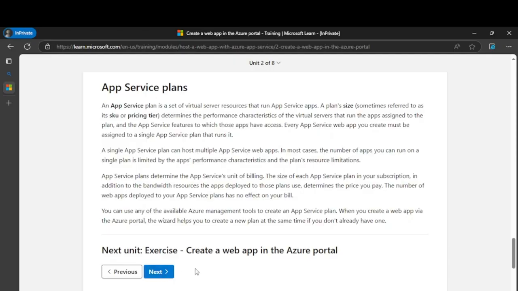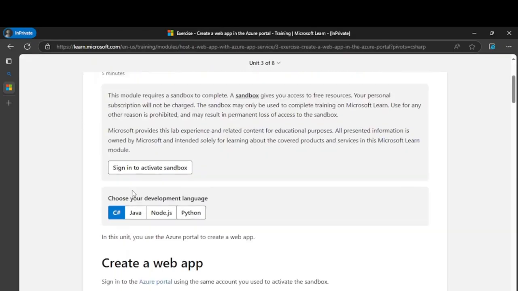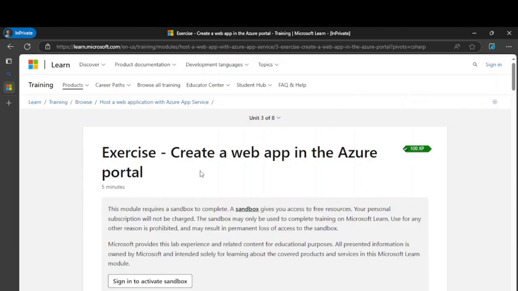Once you go to the next, you will come here and you will get the sign in to activate sandbox. Basically, this is a sandbox account which Microsoft provides us for practice purposes. We can create Azure applications or whatever things we want to practice.